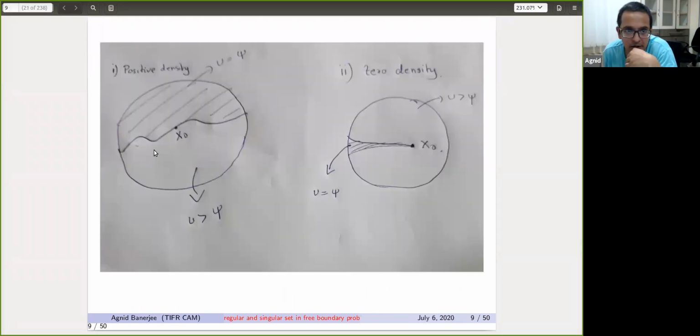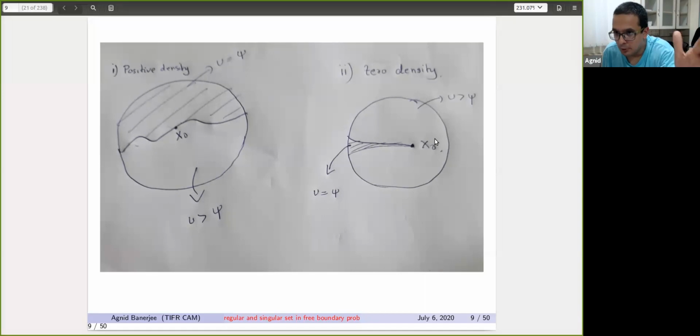So let's go back to that picture. If you subtract off the obstacle, regular points can be equivalently characterized by saying that a certain sequence of rescalings, or for that matter any sequence of rescalings, because once you show the uniqueness of the limit, converges to half-space solutions. And over here, if you take any sequence of blow-ups, because this coincidence set becomes skinnier and skinnier in measure, by the time you take the blow-up limit, it disappears. So here the limit you expect to be a quadratic polynomial, but the zero set would only be concentrated at this x0, which you can always translate and make the origin. So these are the equivalent characterizations.